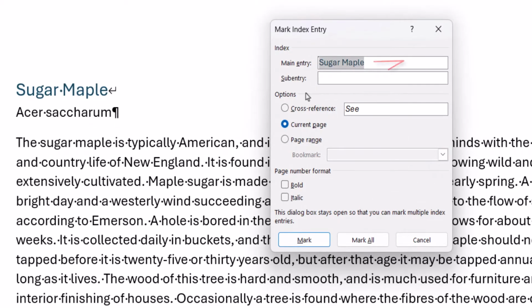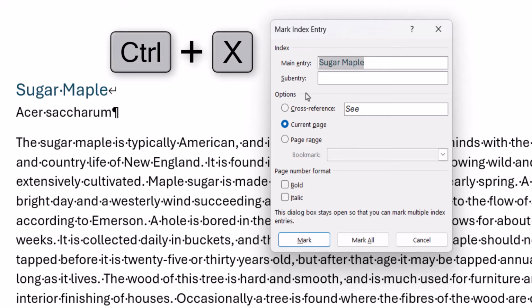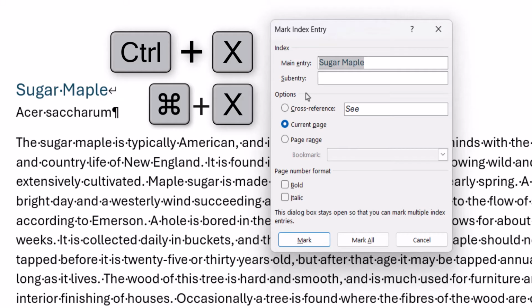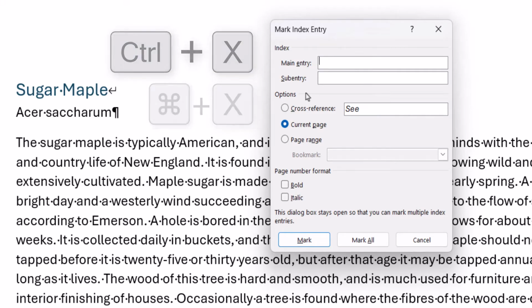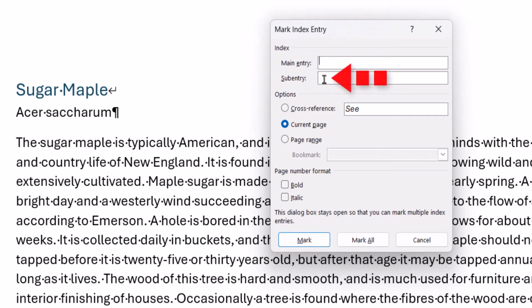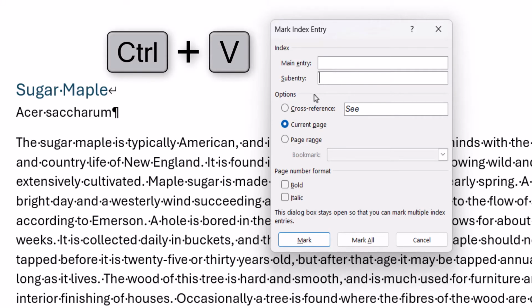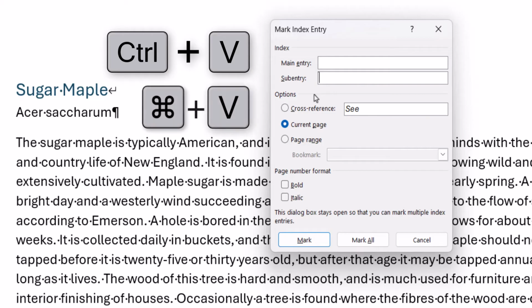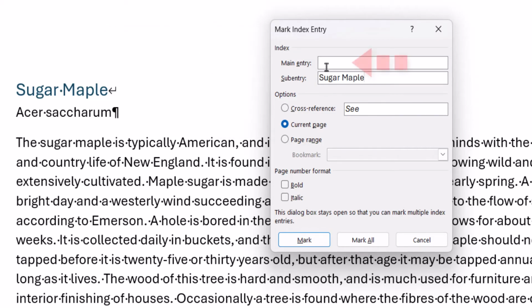However, it needs to be moved to the sub-entry text box, so select it, and then cut it by pressing Ctrl plus X on a PC or Command plus X on a Mac. Then place your cursor in the sub-entry text box and press Ctrl plus V on a PC or Command plus V on a Mac.